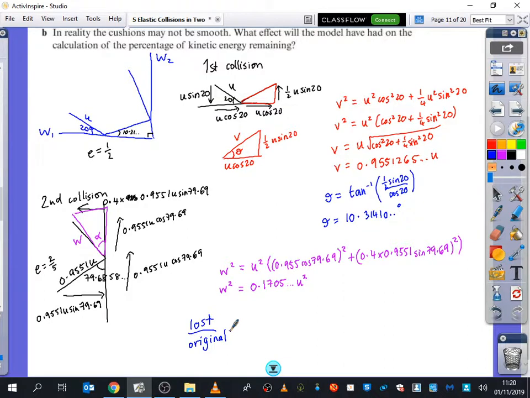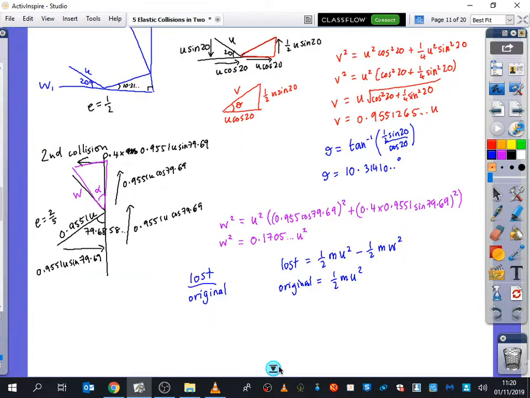So yeah, the amount that is lost is a half m u squared minus a half m w squared, and the original is just a half m u squared. So when we put that all together, you will get a half m u squared minus a half m w squared all over a half m u squared. We can cancel out the halves and the m's, so it just ends up as u squared minus w